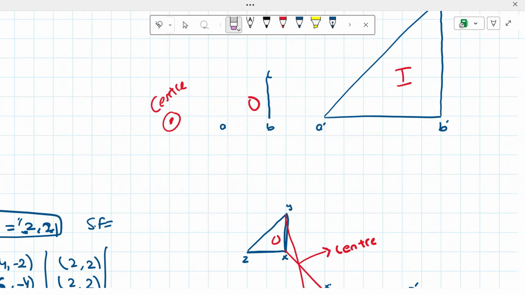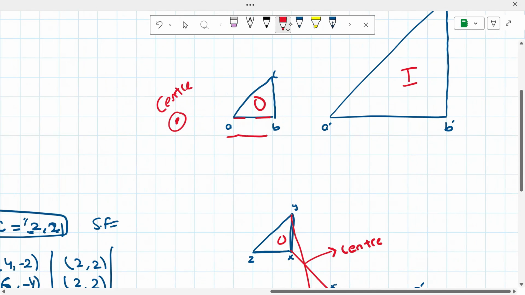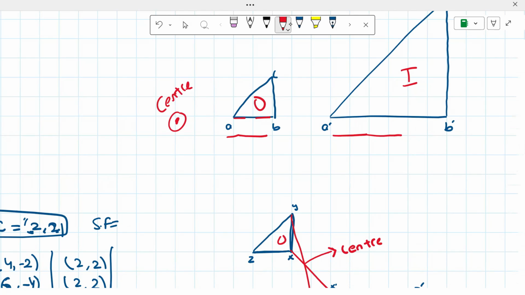Two boxes. The image distance, from A to B, I am saying 1, 2, 3, 4, 5, 6. This is 6 and this is 2. So I will apply the formula 6 divided by 2. It will come as 3. So our scale factor will be considered as